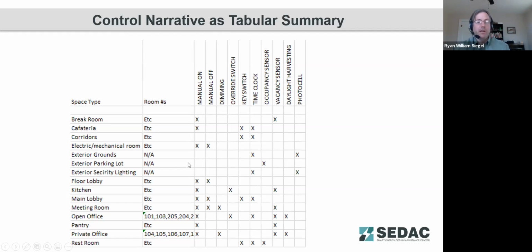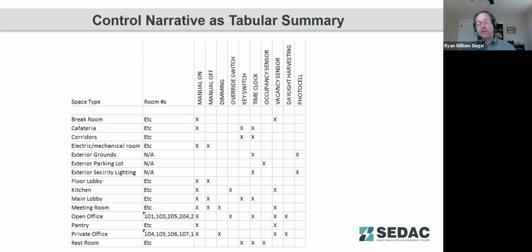In exterior parking lot lighting here, we're actually using an occupant sensor rather than a time clock. So when you get into exterior lighting, you do have a couple of different options there as well. So again, the important thing here is documenting what the different controls are. We'll also touch on this a little bit later as far as commissioning, because time clocks, occupancy sensors, vacancy sensors, and daylight harvesting sensors all would have different requirements